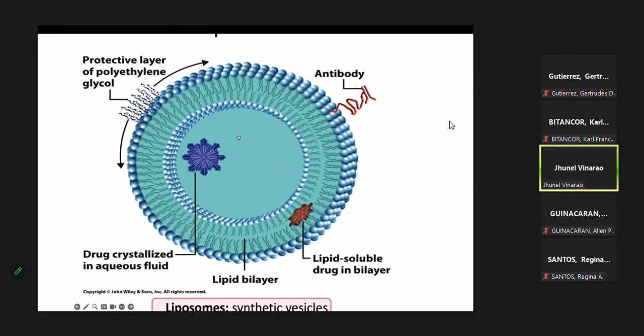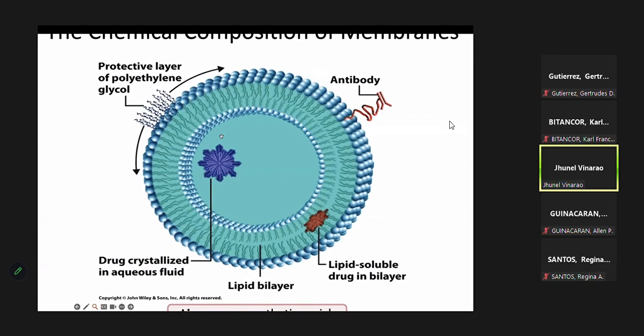Okay. So, ano ba yung importance ng mga synthetic vesicles in genetic engineering? This is one way para sa drug delivery. Halimbawa, in this figure, meron tayong drug, let's say hindi intravenous, let's say yung drug na yon ay in an experimental animal, yung route niya is via oral gavage. Yung drug. So, eventually,